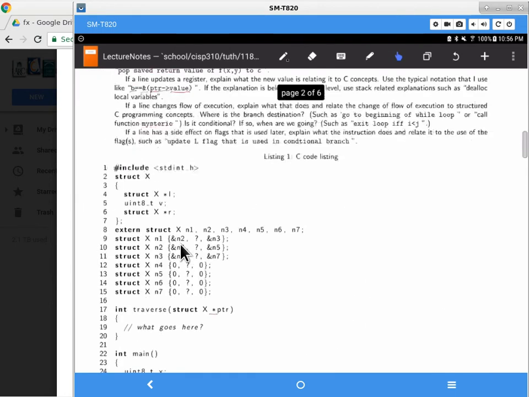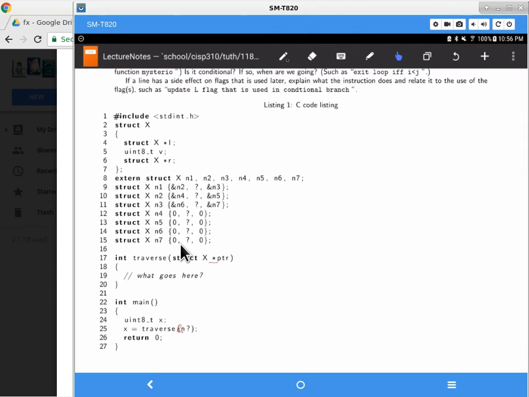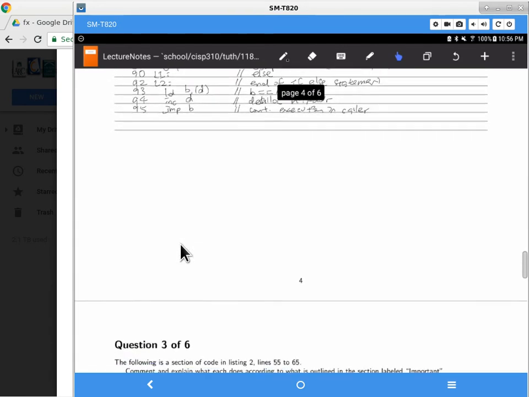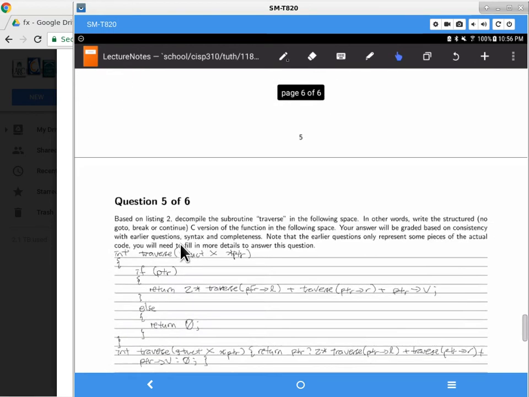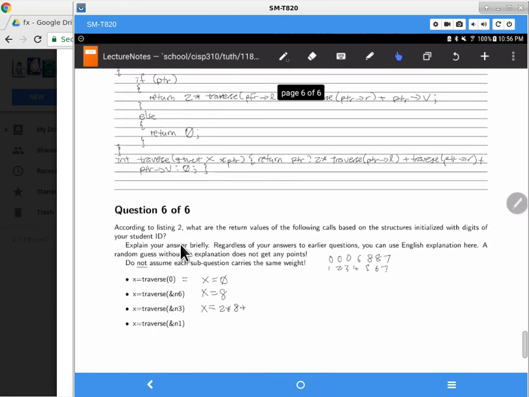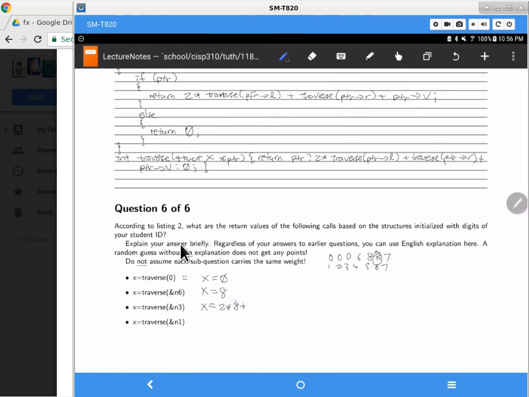So N3 refers to N4, N6 and 7. Okay, so I got it wrong. 6 and 7. So 6 is still good. Okay, so N6 is 8, which is this 8 here, and 7 is 7. So this 8 goes here, this 7 goes to here. But we also have to add the value of the third digit itself, which is a 0 in my case. Your case is probably not a 0 because I start